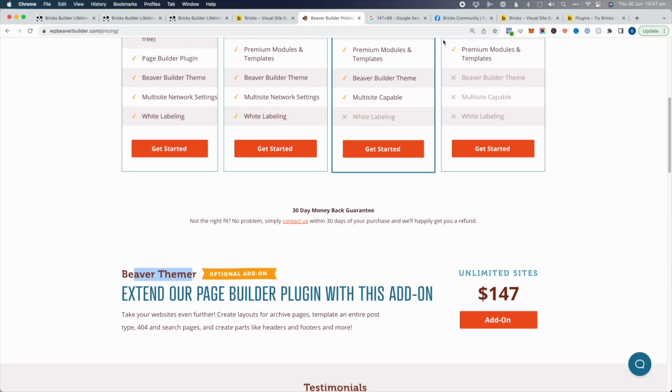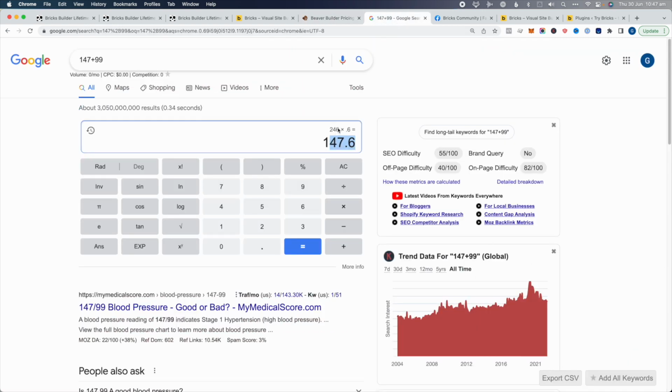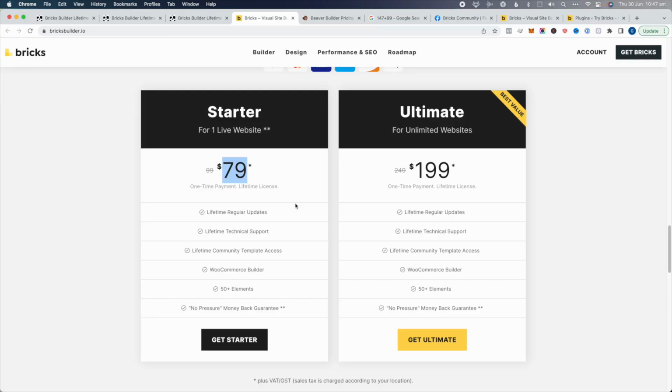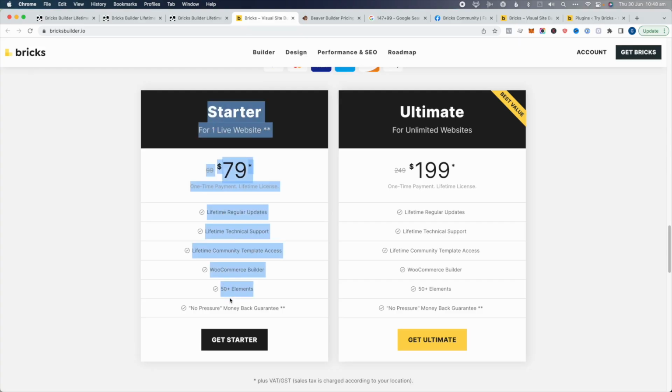And if we do a bit of math there, it's $246 for both of them for the first year. And then at a 40% renewal, 40% off for the renewal, it's $147 each year that you're paying to use Beaver Builder. So it's obviously a lot more money than Bricks Builder, both just for the upfront investment as well as the ongoing costs. And whereas you need the Beaver Builder plugin and the Beaver Themer plugin to do what I just discussed with the single post templates and so on there, you can do all of that inside these